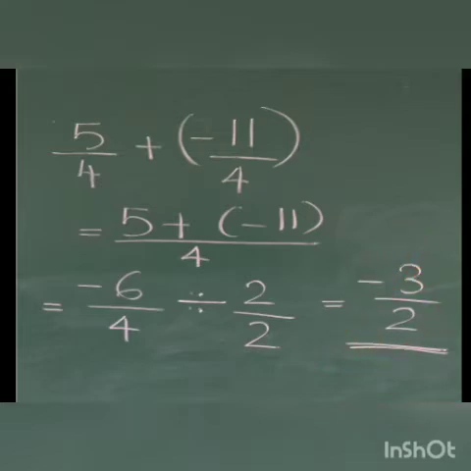So, what did we do here? Actually, we are adding, isn't it? But I didn't add here. Why didn't I add these two numbers? Because one is a positive rational number and the other is a negative rational number. We can use the method of addition only when both the rational numbers are the same, both negative or both positive.